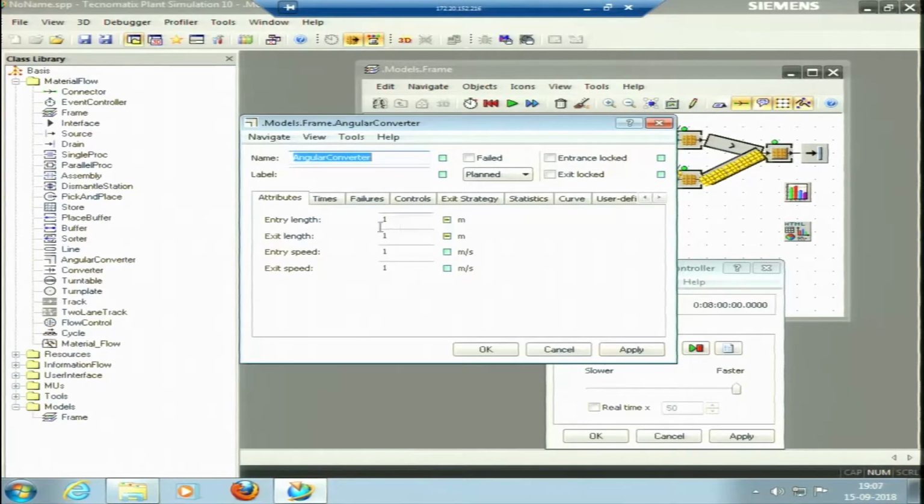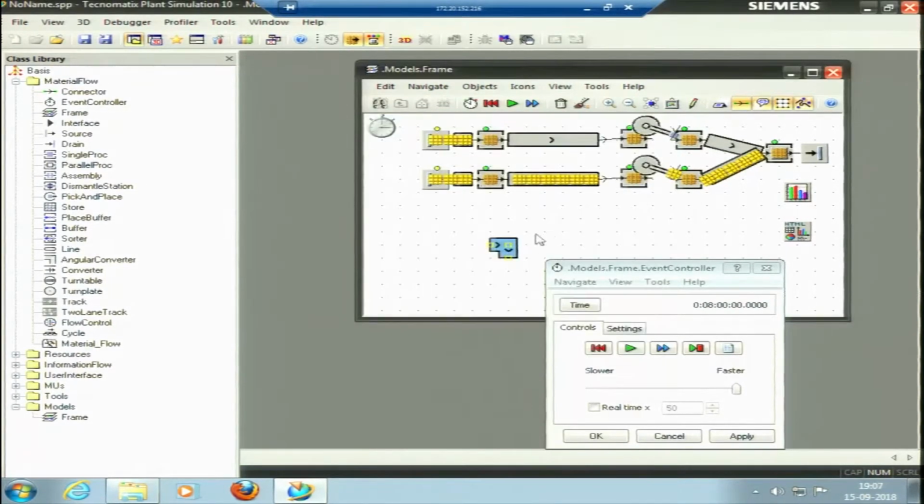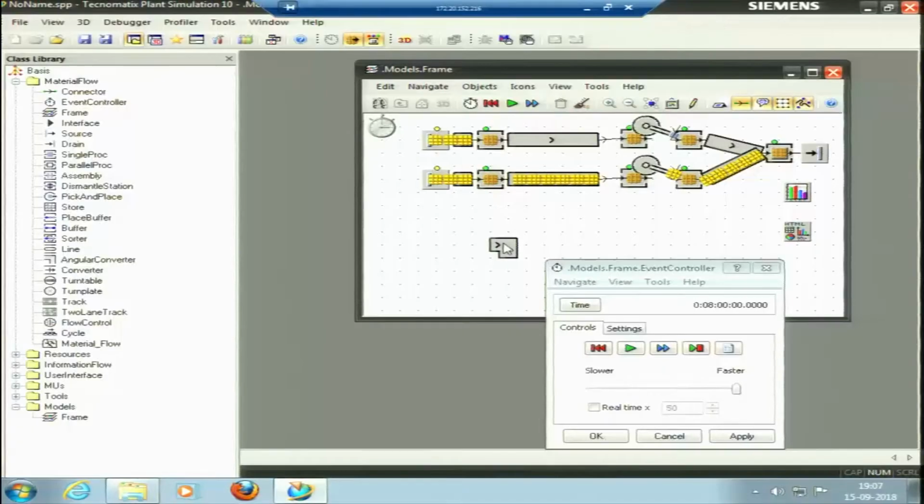So you can say entry length, entry speed, exit speed. So it is a 90-degree turn when, for instance, we need to have a U type of layout. U type of layout would be like this. You will have this direction, this direction, this direction. At this turn, when we need to have a turn, we can use this angular converter. It will convert from one line to the cross sides. You know, this direction is 90-degree here.